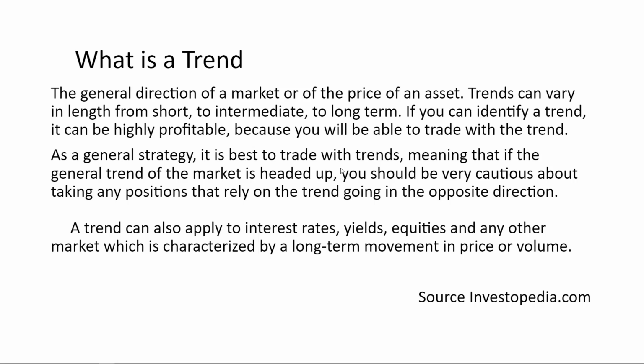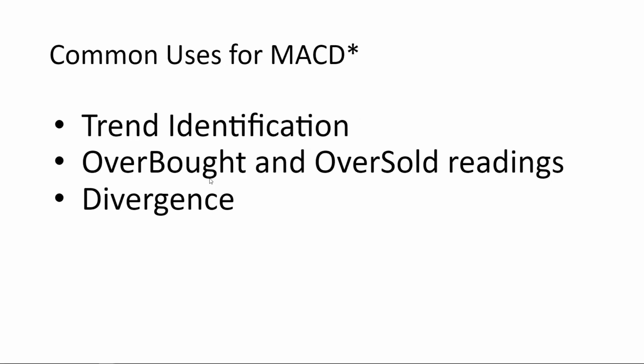So, as I said earlier, the MACD is a trend following system, but it's also momentum. And I want to cover 3 common uses that you can use for MACD. Okay, so let's talk about 3 common uses for MACD. There are hundreds that you can look at, but we're going to look at it for trend identification. I already talked a little bit about that. You can look at it for overbought, oversold readings on a chart, and then divergence.